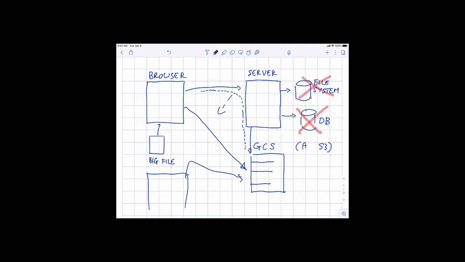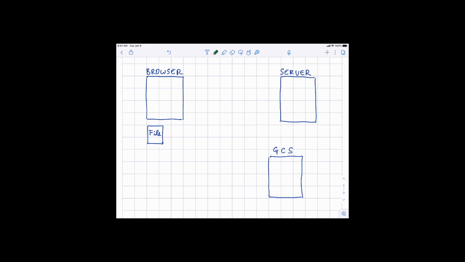And even if your 1,000 customers are uploading 1,000 videos at the same time, well, that's a small blip for the service. And it's not bandwidth that you really want on your servers. So the goal is, how do we actually get this done? In order to upload files to GCS directly, we have to orchestrate the following.